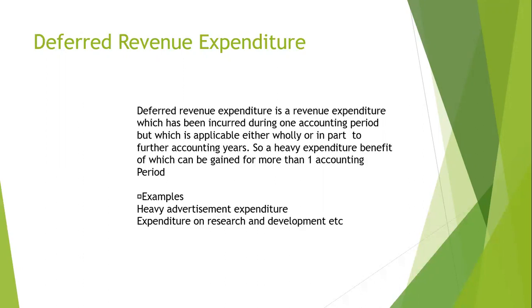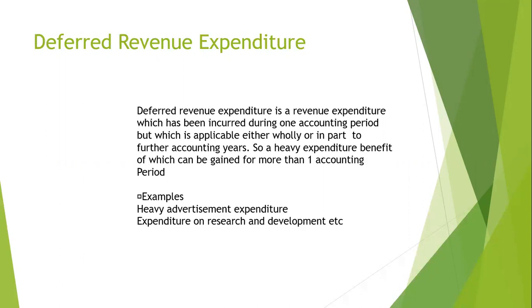Such expense is then known as deferred revenue expenditure, and it should be written off over a few years and not wholly in 1 year. Because the benefits are not consumed within one accounting period, the amount should be entered in the following years as well. So the deduction from the profit and loss account will be done for one period, and the rest will be shown in the balance sheet as an asset.